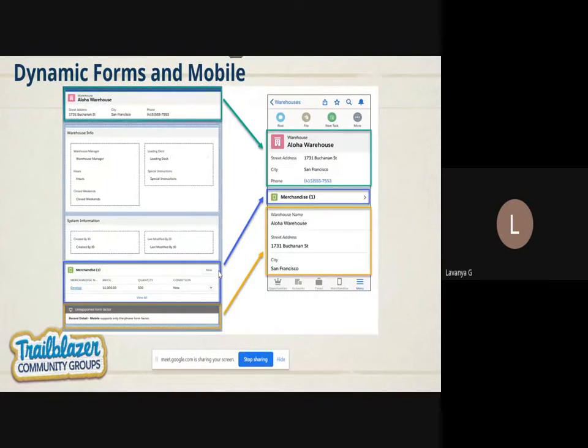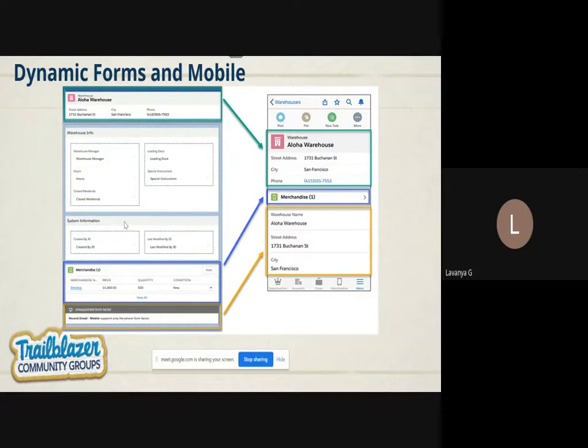And dynamic forms with mobile. When you are working on dynamic forms, you may have some questions. You are seeing the screenshot, right? In the screenshot, there is a green box, a blue box, and a yellow box. The green box is the highlight panel.